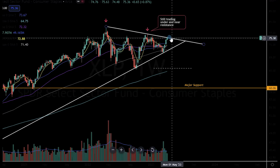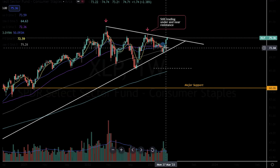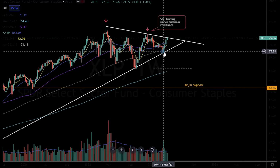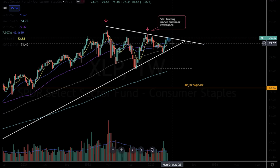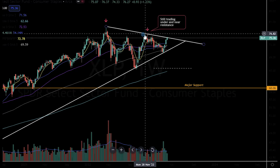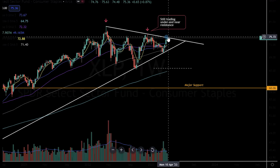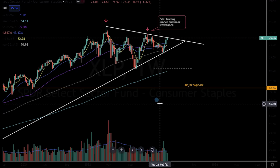Now you can see what the technical picture is showing for us here. Short-term positive, you're above all of the key moving averages, every single weekly one. The short-term negative, you've had a 4-week move, no consolidation, and you're at resistance. The big question is, are we going to continue to put in a higher low? Here you have your high, a lower high, and now we're going to put in another lower high. That's the big question. I still have it priced in for more downside in the consumer staples, but certainly they